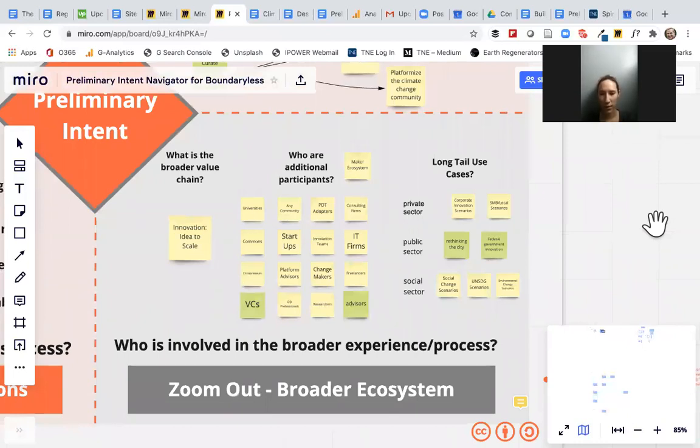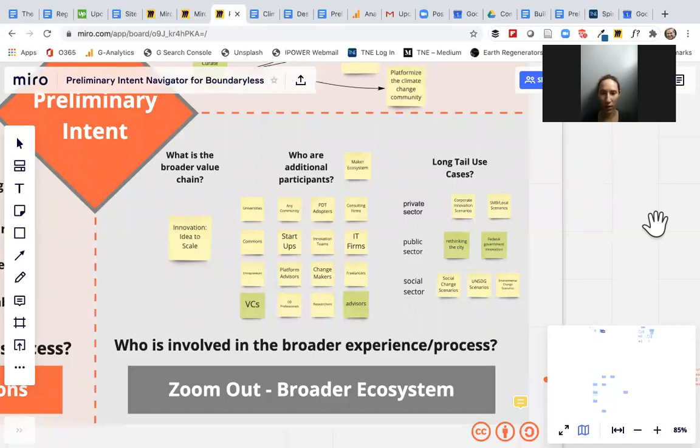So then this quadrant here is about thinking more broadly about what ecosystem you are part of, and recognizing that there's a long tail market and long tail participants that a lot of times in the industrial model you're not thinking of. So this is just a series of questions for group brainstorming and discussion to try to think through what additional opportunities might not be immediately obvious when you're just thinking about your existing value chain.